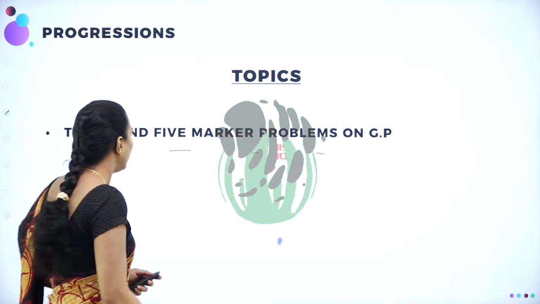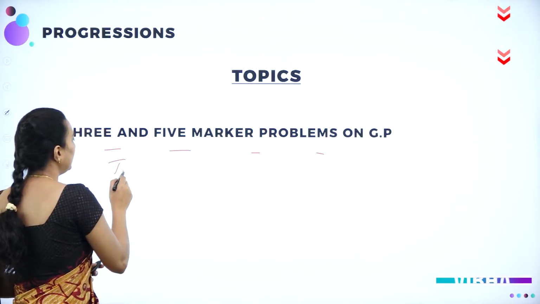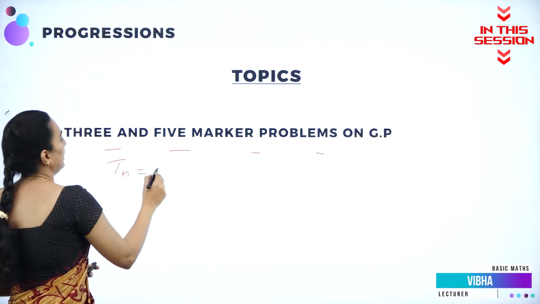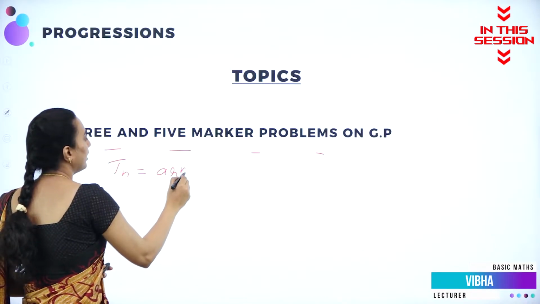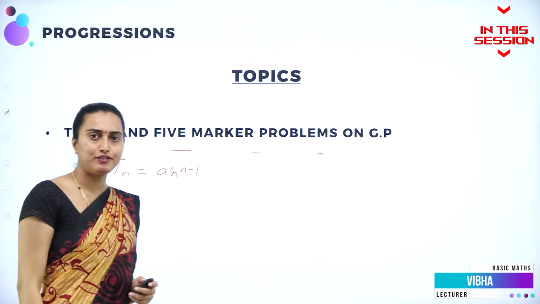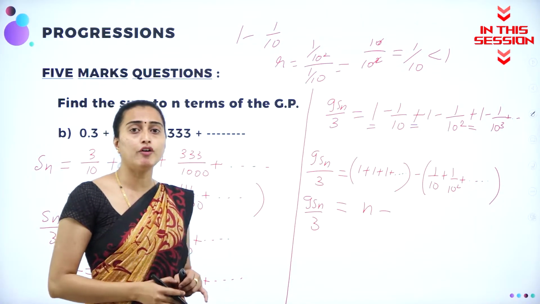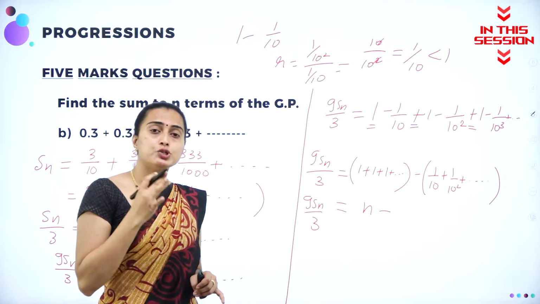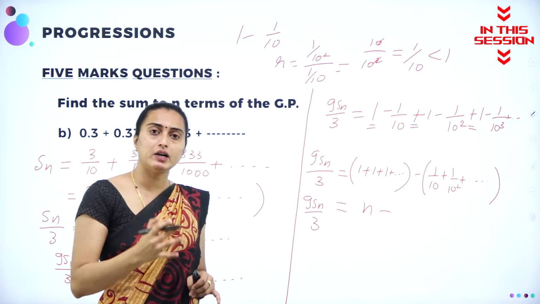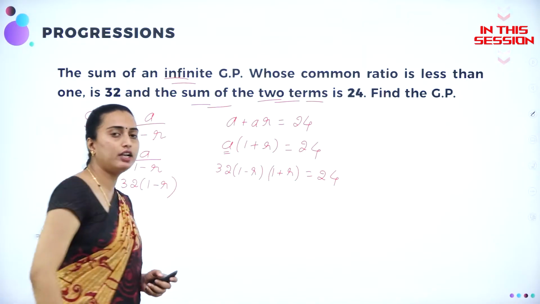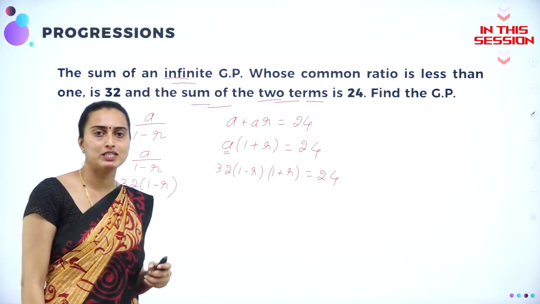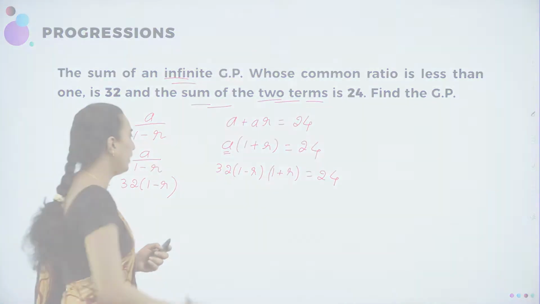Formula of a GP. Nth term of a GP is given by Tn is equal to AR to the power of n minus 1, where A is the first term, R is the common ratio. When R is lesser than 1, the formula of Sn is given by A into 1 minus R to the power of n divided by 1 minus R. 1 minus R into 1 plus R is like A minus B into A plus B, which is A squared minus B squared.